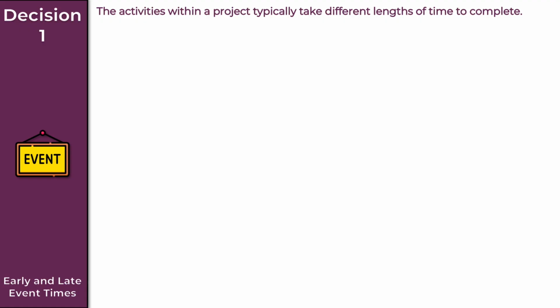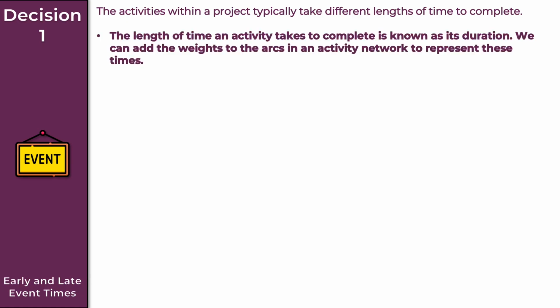In this video, we're going to take a look at early and late event times. Now, the activities within a project typically take different lengths of time to complete. So the length of time an activity takes to complete is known as its duration. What we can do then is add the weights to the arcs in an activity network to represent